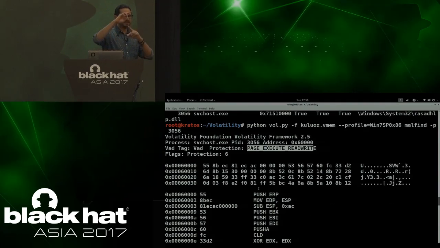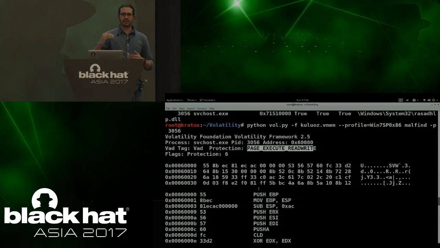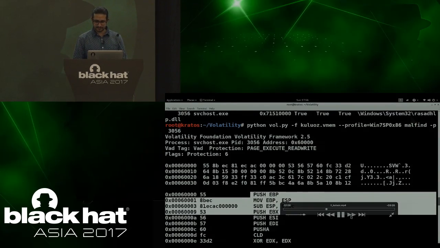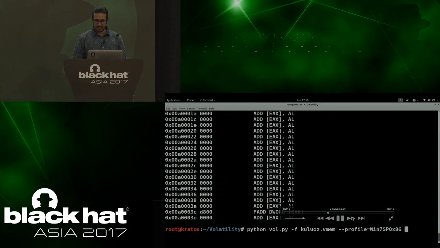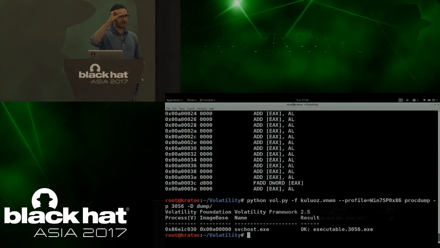But because it does not show you the relationship between these two, that this executable is going to redirect the control to this region, you might miss this component because everything is telling you that this is a traditional hollow process injection. So what you might do is, you might be happy saying that you found the Stuxnet kind of hollow process injection. You will probably dump the executable, that is the patched svchost.exe.